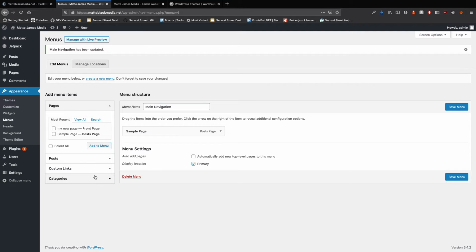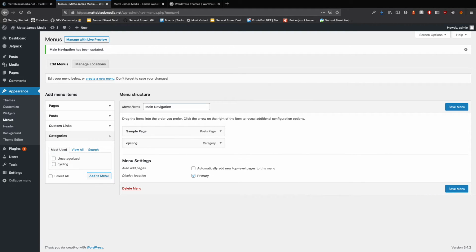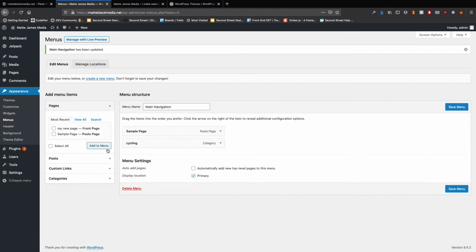Maybe I want the categories that I have in that menu. Maybe I want a link to my cycling category. So I'll click Add to Menu, and there I have it. So I'll save that, come back to here, refresh. Now you see I have that cycling category in here. And it's as easy as